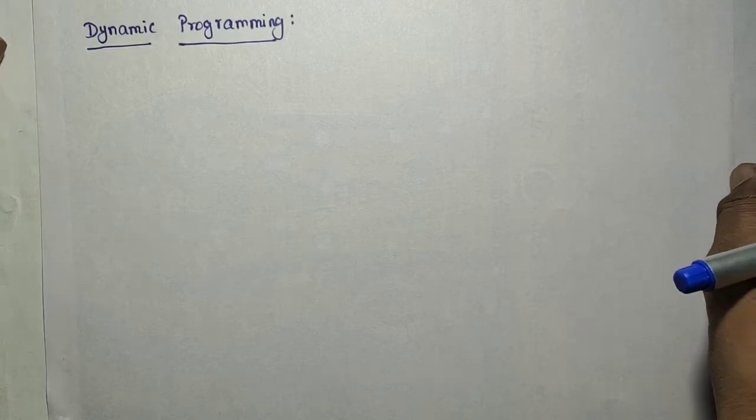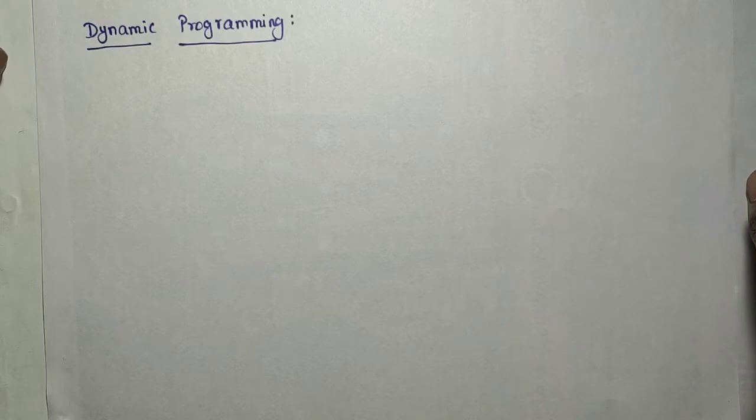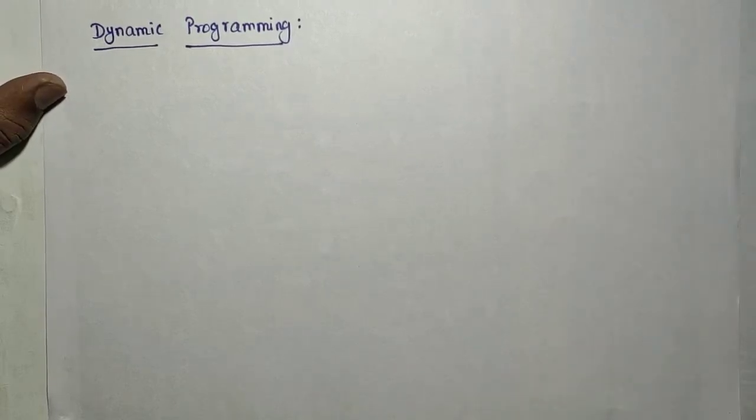We can understand dynamic programming from the divide and conquer approach itself. It is slightly different from divide and conquer. In the divide and conquer approach, the problem is divided into subproblems. The subproblems are solved recursively. Finally, the solutions of the subproblems are combined into a solution of the main problem.